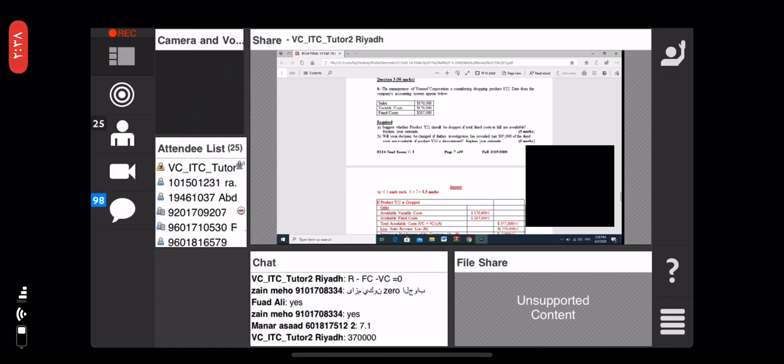This is the revenue loss. And what is the amount of cost save? Here the cost save will be fixed cost plus variable cost. So it means 170,000